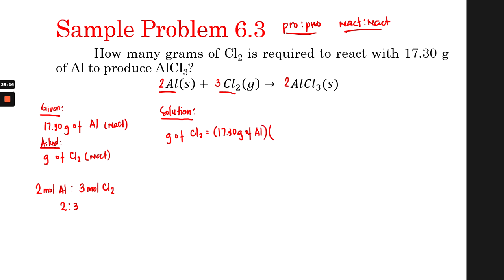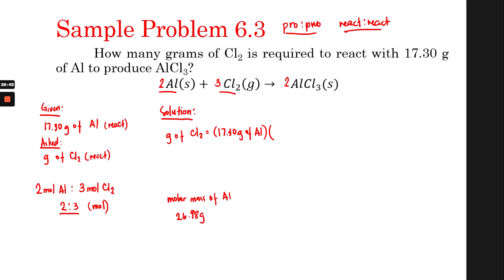And similar with the previous example, since we are dealing with grams, we have to first convert this into moles because our stoichiometry relationship is in moles. So let's try to find the molar mass of aluminum. And this is easy. Just look at the periodic table to find the molar mass of aluminum. And that is actually equal to